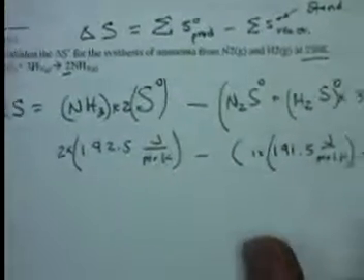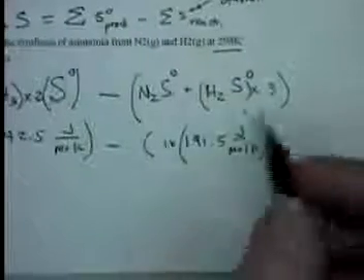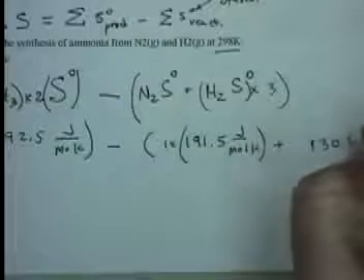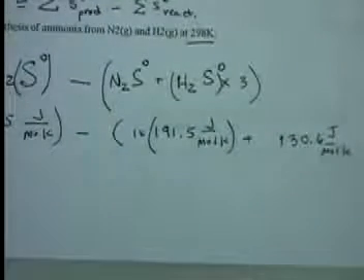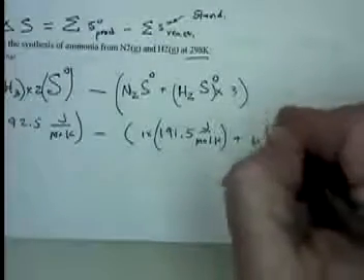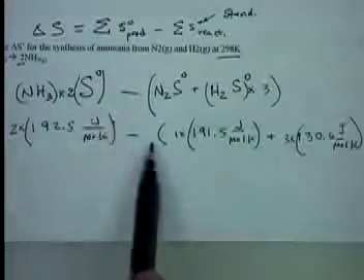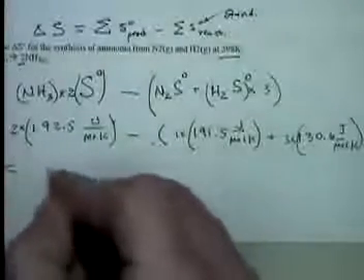And add to that the S for hydrogen, and that's 130.6 joules per mole Kelvin. And there are 3 of those, so we'll have to multiply that by 3. And once we've done that, we can put that into the calculator, multiply these, subtract this group right here, and you end up with negative